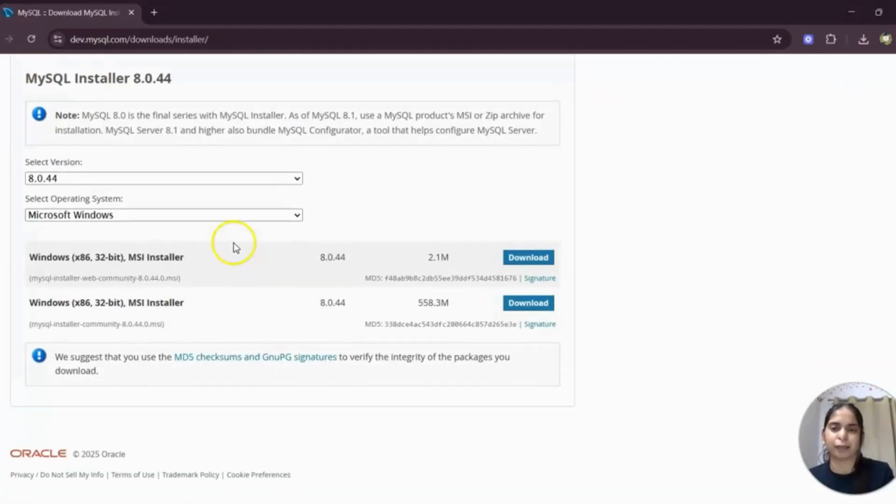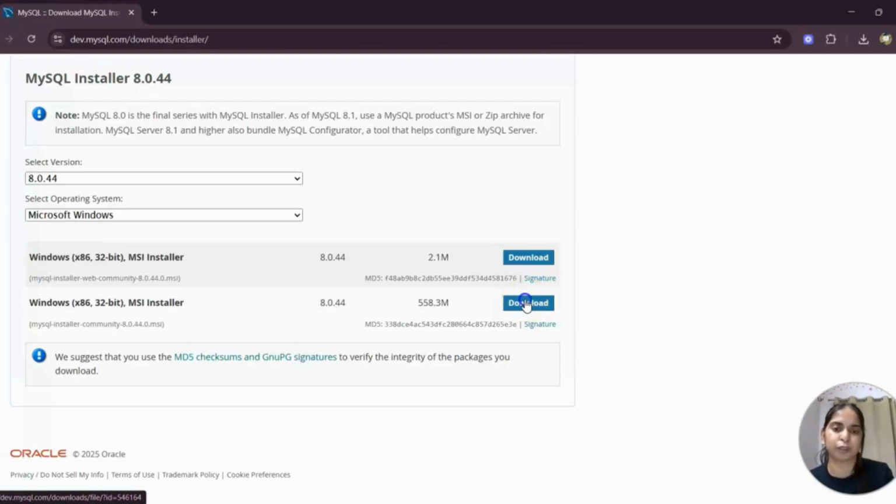Then you will get two types of download, like Windows x86 MSI installer. Both are the same, but with the second one you will get everything installed automatically, like MySQL Workbench also, because MySQL Workbench is the place where you are going to do all of your work.